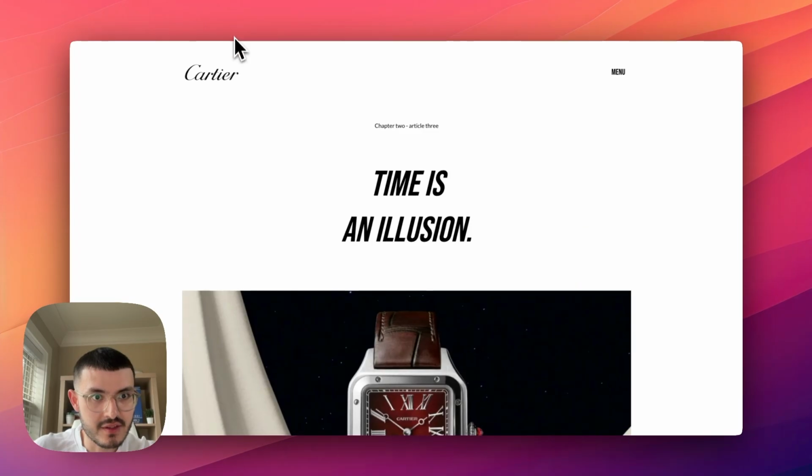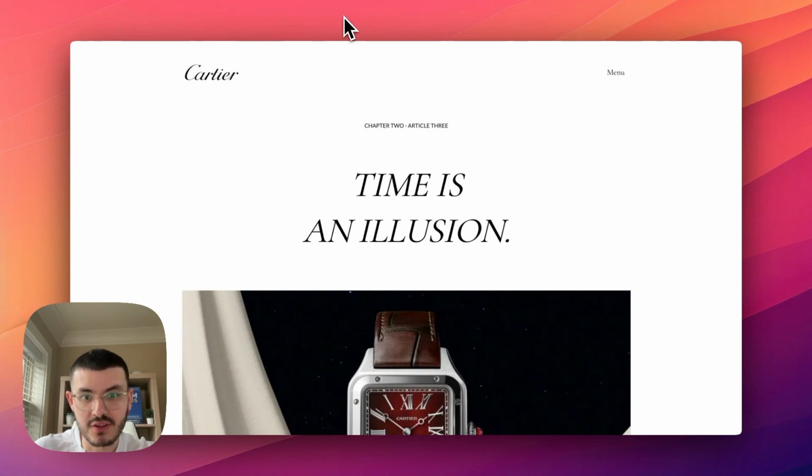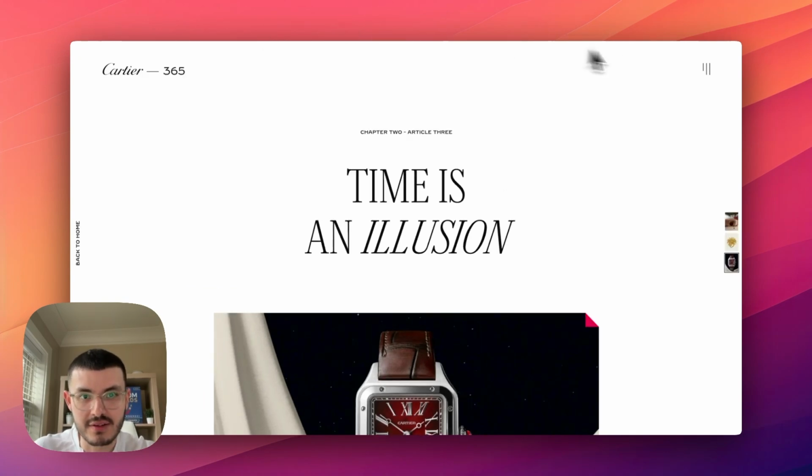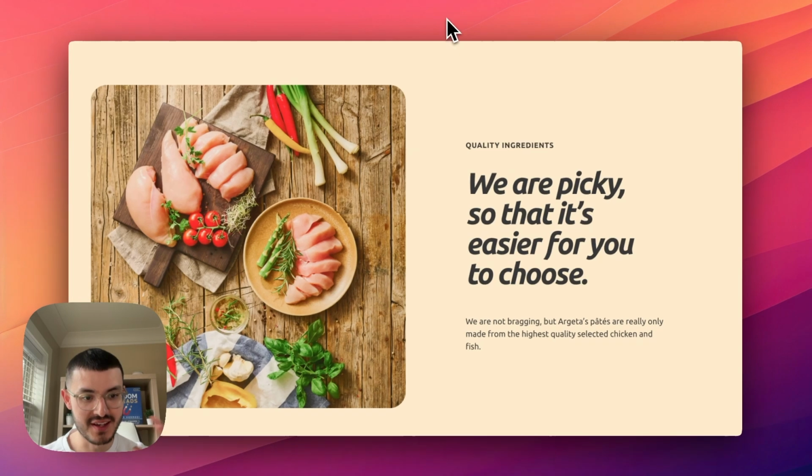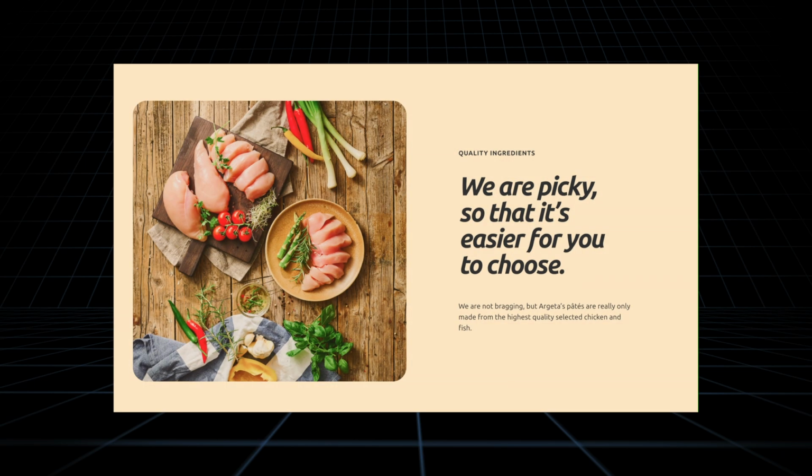So if I refresh this right here, I think it's going to be a little bit closer to their actual site. So you see, this is my recreation on HighLevel, and this is their site. So kind of similar, not exactly the same, but I did this in under 5 minutes, like you see here on this timer. The next section that I want to show you is how to build this beautiful section that